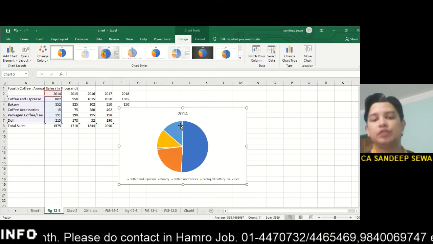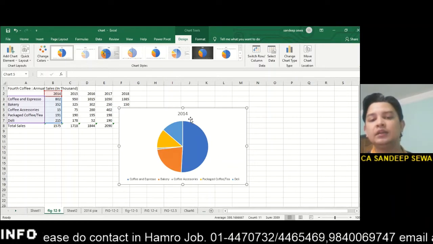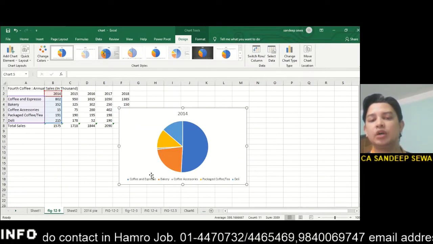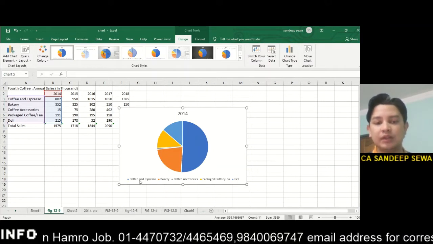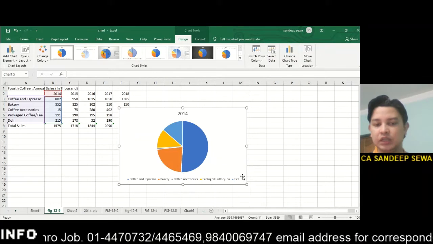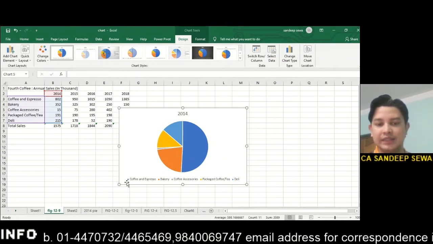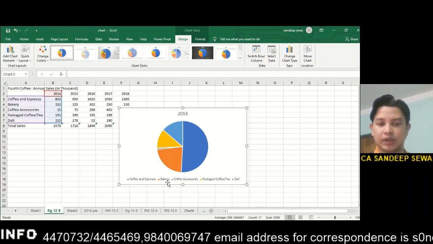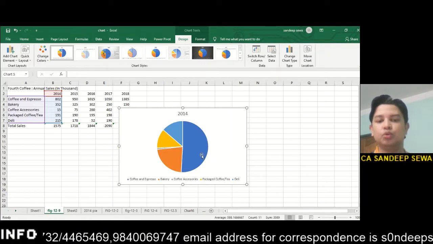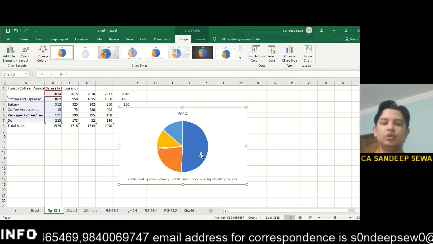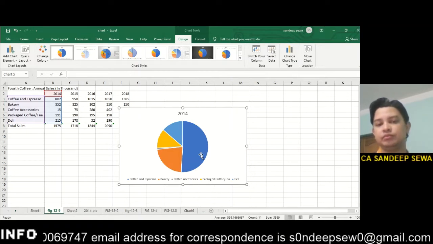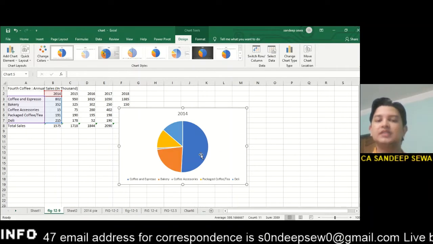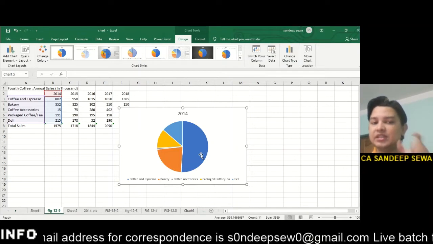In the year 2014, my best selling product is the blue one, the darker blue one. And what is the darker blue one? You can see in this legend. This is called a legend in Excel. Okay, the legend says coffee shop espresso is blue. So with this chart, in 2014 the coffee espresso has the highest revenue. Okay, so there is a meaning.